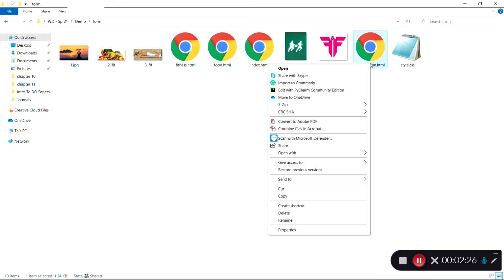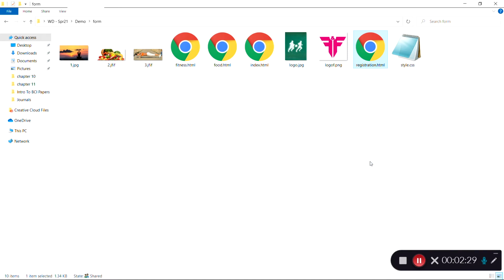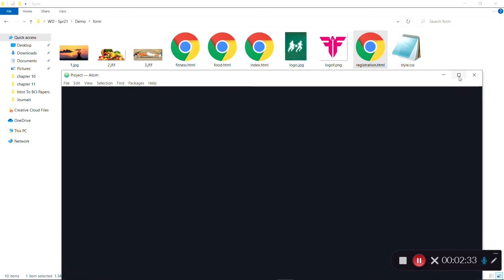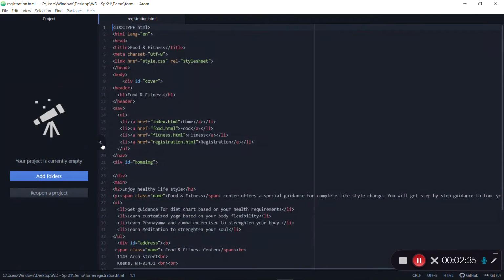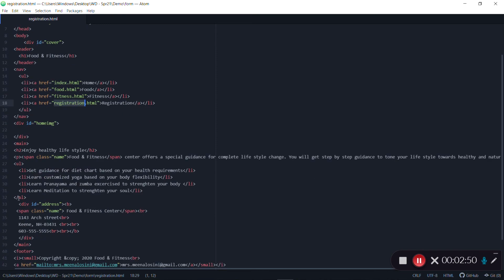Okay, so now let's open this in text editor. So you can see the name should be registration.html. Just verify it should have the same name,